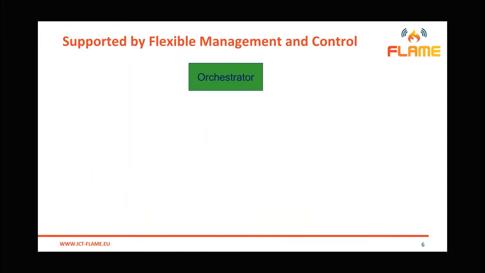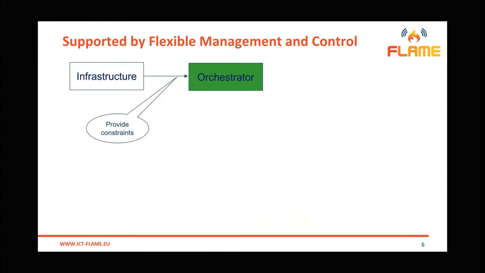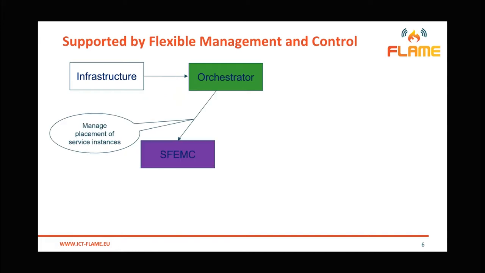Now, how do we do this internally? Well, as the Flame platform, we know what the infrastructure looks like. So we know what constraints we have in terms of topology, network resources, and cloud resources. The orchestrator, which has received the resource template from the experimenter, can then decide where to place what, which is part of the template. But the management of the placement and receiving triggers through KPI measurement is all done through the service function endpoint management and control,